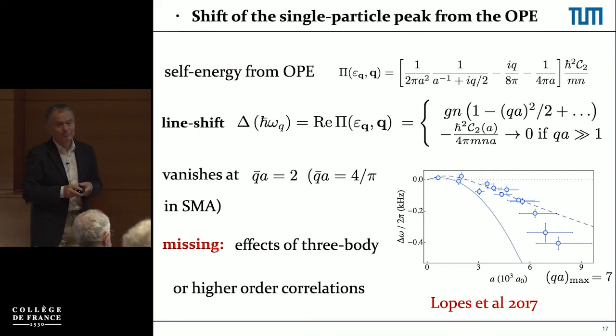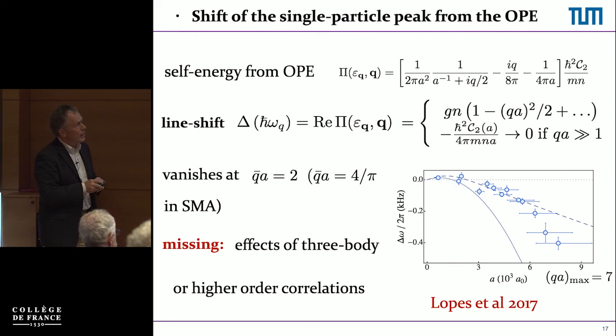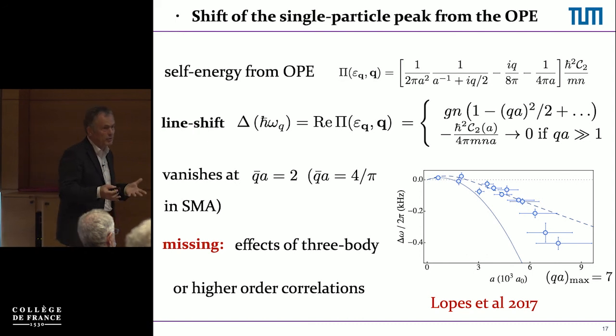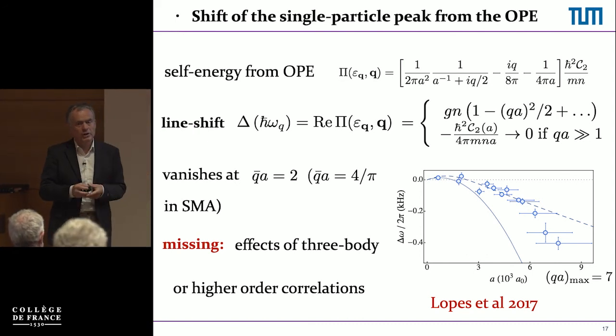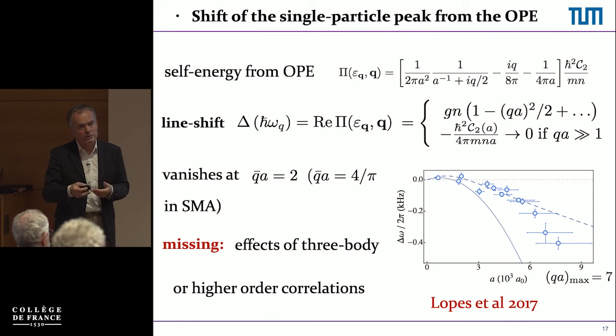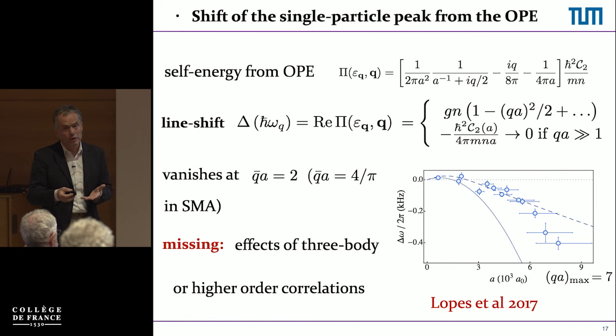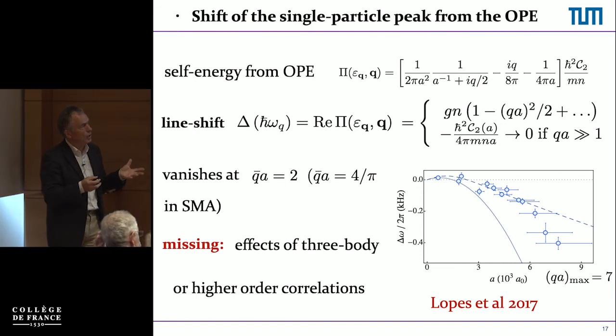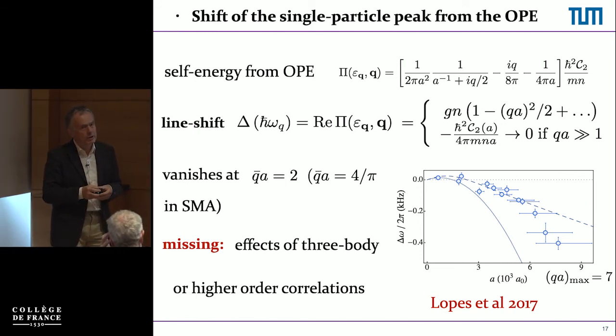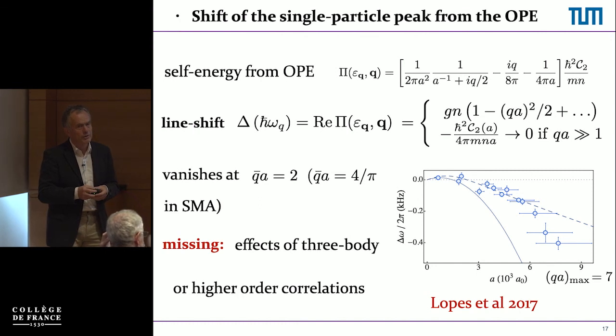That's not seen. So you see a negative shift here, and the prediction of our theory is the dotted line here. So it's doing reasonably well, but not at really very large QA. And what I believe, but nobody has checked this, is that in this regime three-particle correlations and higher things become important. They have a tendency of getting into the right direction, but to really work that out is a